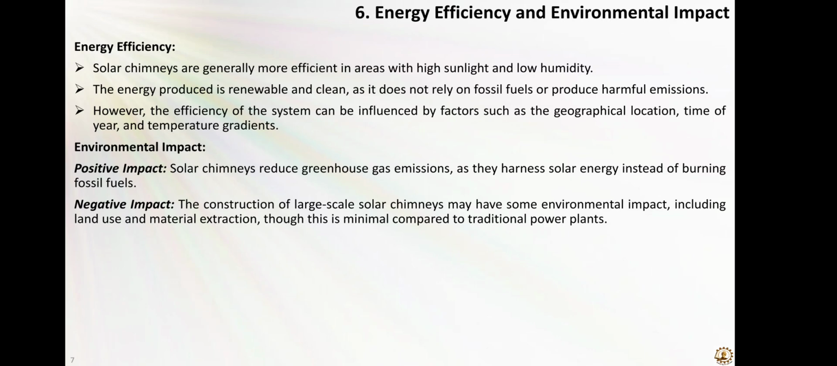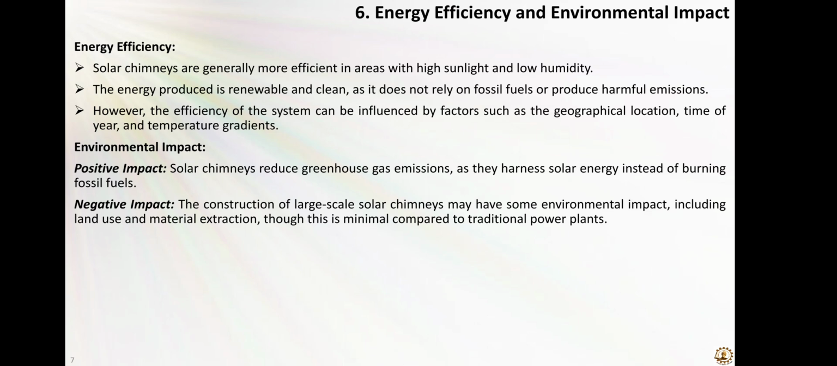So in terms of energy efficiency, solar chimneys are generally more efficient in areas with high sunlight and low humidity. Where the sunlight is higher, the collector will absorb more energy. And why is low humidity necessary? Because when moisture is present in the air, the weight of the air will be much higher than dry air. If the mass is higher, then the updraft, which is responsible for the rotation of the turbine, will be lesser. The energy produced is renewable and clean, as it does not rely on fossil fuel,